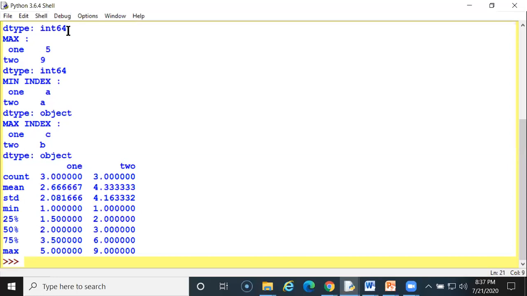The data type is showing int64, and the minimum index is 2. This is 2 also. Data type object, maximum index it is C in 2b. So here count, after count this will be the value of both. After min this value will be displayed. After max this value will be displayed, and these are the modules with the maximum value.